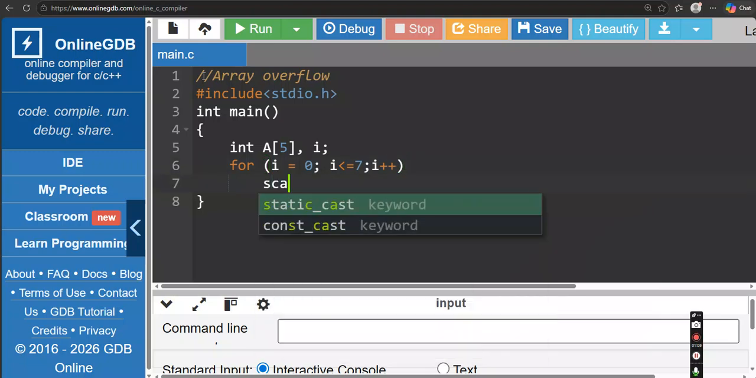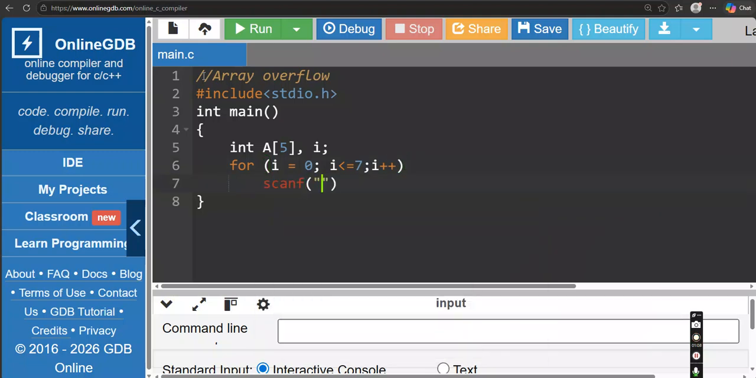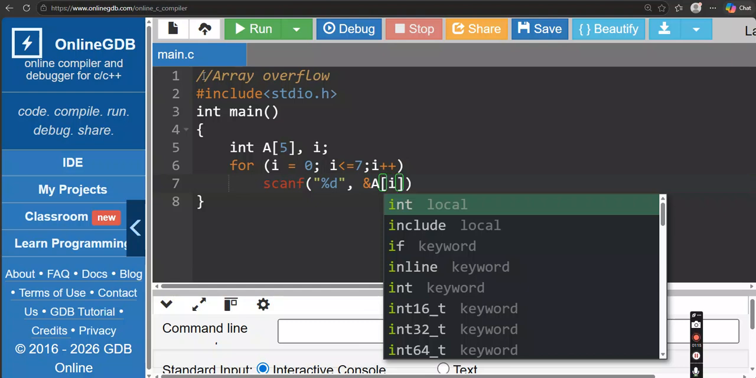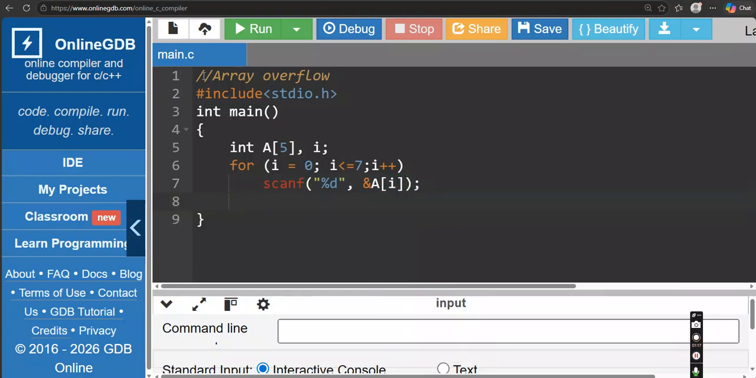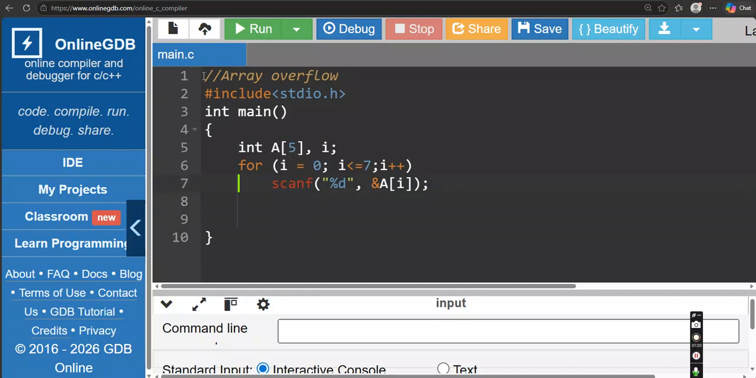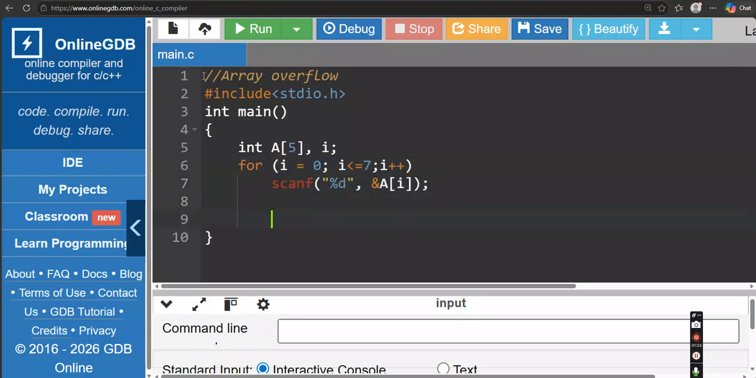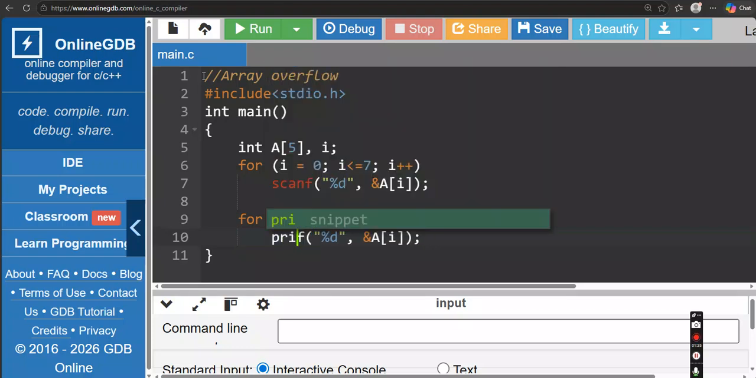and we read the data from the keyboard. So scanf %d ampersand a[i], and so once we have entered this information, let us go ahead and try to display whatever has been read. So for i equal to 0, i less than or equal to 7, i plus plus, we want to print this information. printf %d comma a[i],